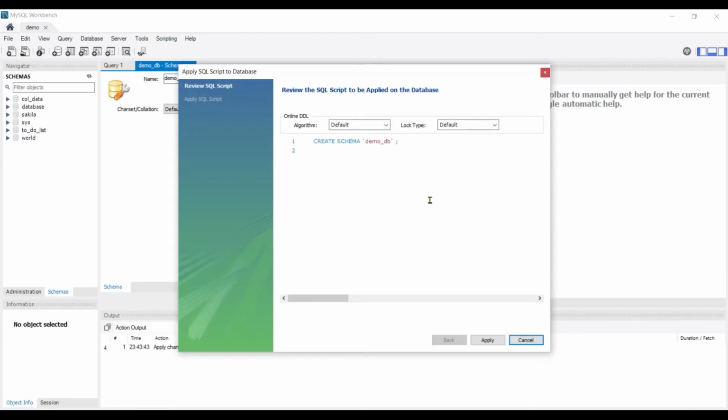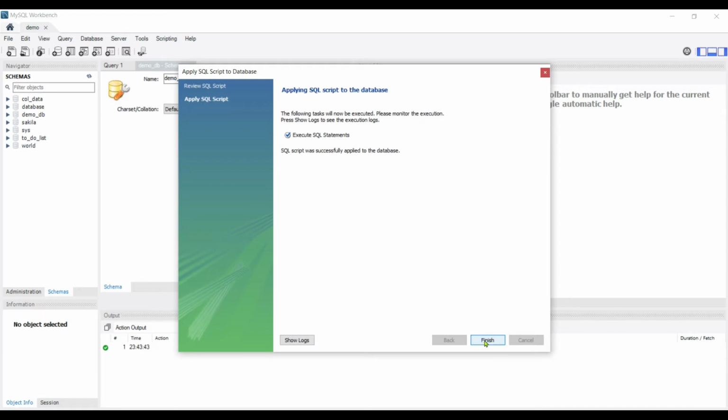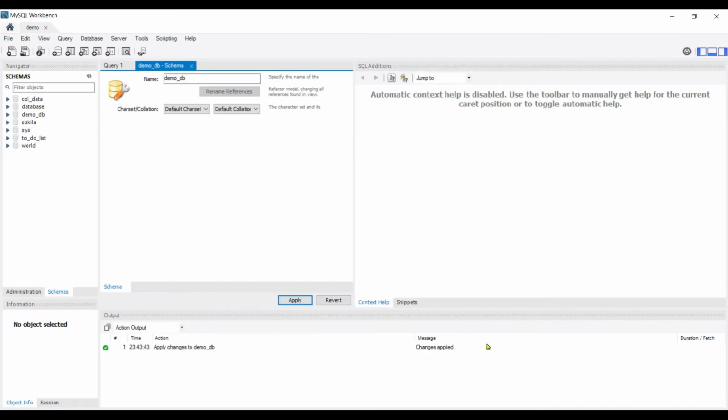This is the dialog box which generates the query itself and creates a database for you. Whatever you do over here, it will create everything with predefined queries, like it will do the querying automatically. If you don't want to write queries yourself, you can just use this graphical user interface and create your stuff. It will query automatically. So next, click on Apply. Querying has been done and your database should have been made.